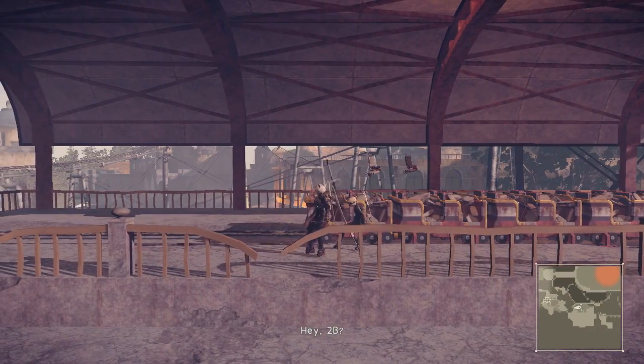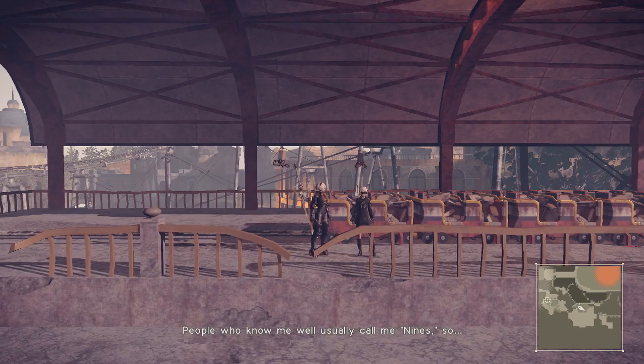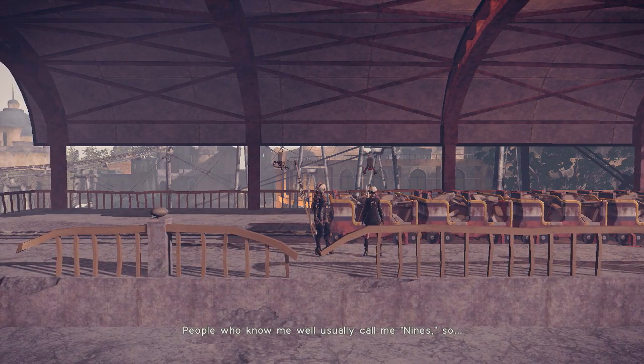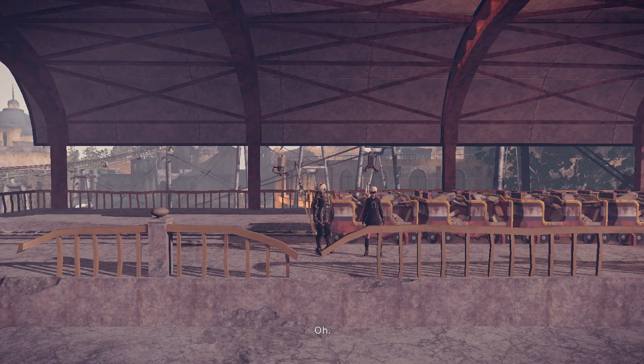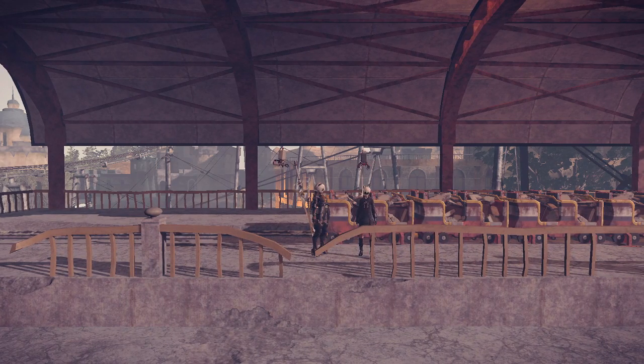ところで 2B。 何？ 僕のことをよく知る親しい人は僕のことをナインズって呼ぶんですけど。 そう。 そろそろ 2B もどうですか？ 何が？ だからナインズって呼んでくれていいんですよ。